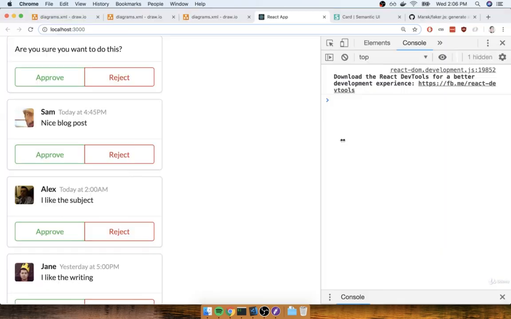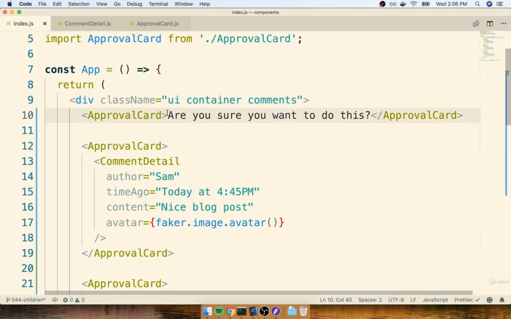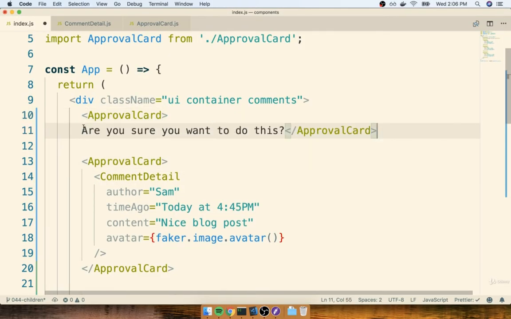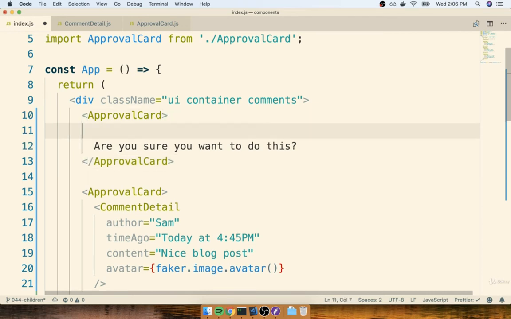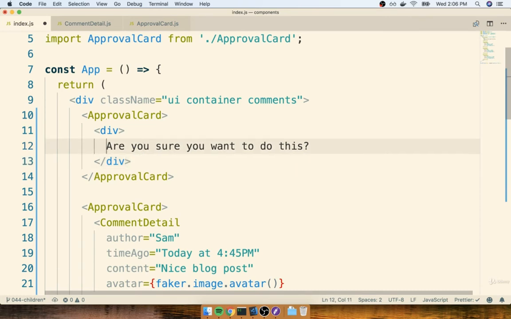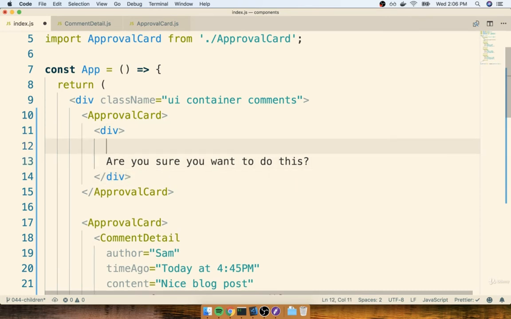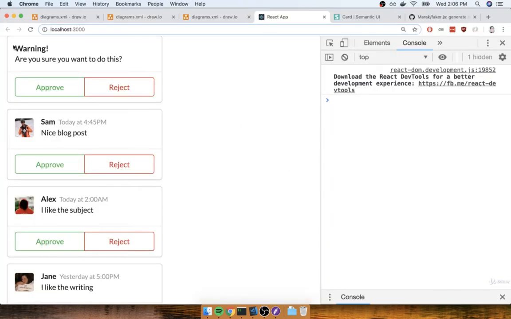So now I can save this, and I'll see we have a new card up here at the top that says simply, are you sure you want to do this? In addition, we can also show multiple elements inside of here. So I'm going to do a new line like so. I'm going to put a div inside of here, and I'll wrap that text with the div. And then right above the text, and still inside the div, I'll put in, say, an H4, and I'll say something like warning. So now I can save this, flip back over, and I'll see warning and then the text